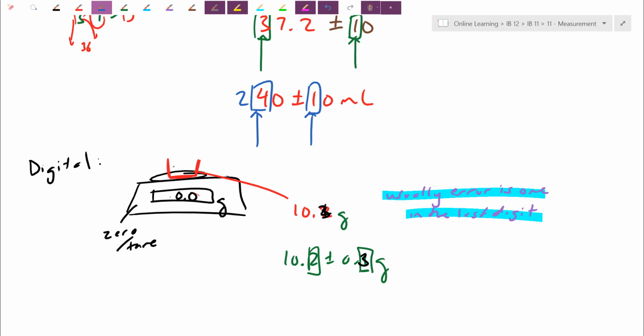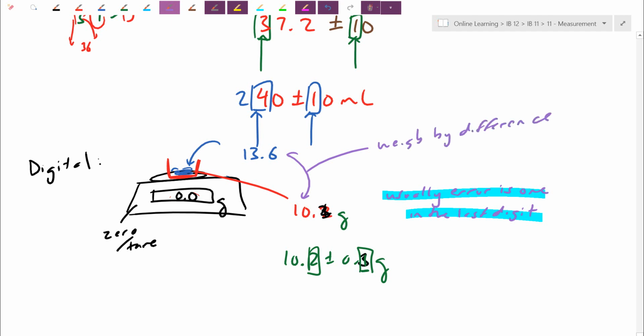But if I don't do the zeroing and I just keep adding to it, I add a little bit of powder, and let's say now the scale reads 13.6. What I do is just by differences, so that's just a wording that we use. We can weigh by difference. And essentially, looking at the picture, it's saying, well, now on my balance, if I didn't zero it after the container was on,